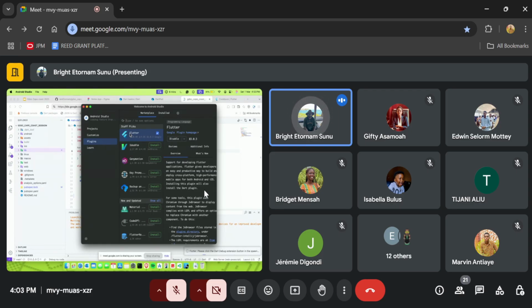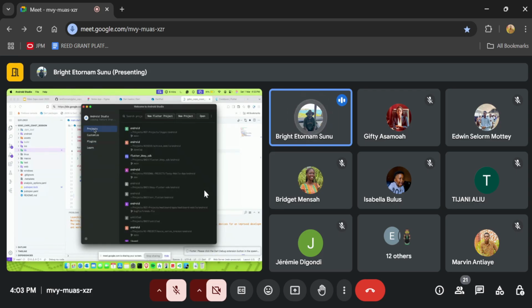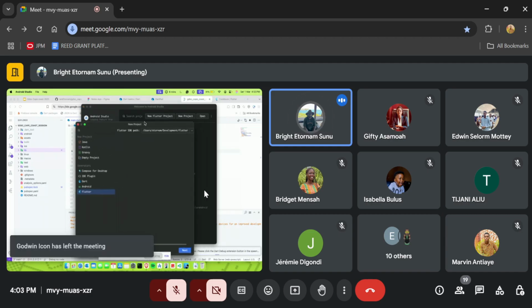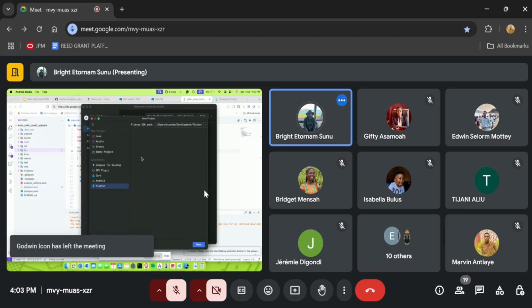After doing this, you should be able to see this option up here. To create a new Flutter project, you click on New Flutter Project, and you see something like this. This is pointing to where you've installed the Flutter SDK. You click on next,